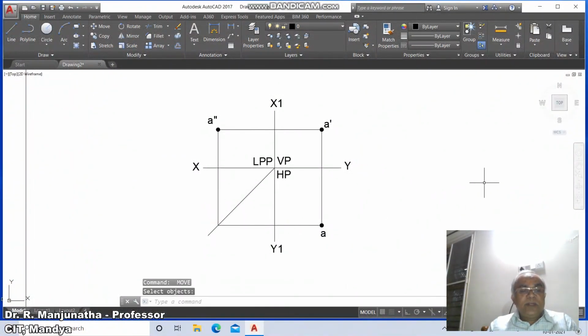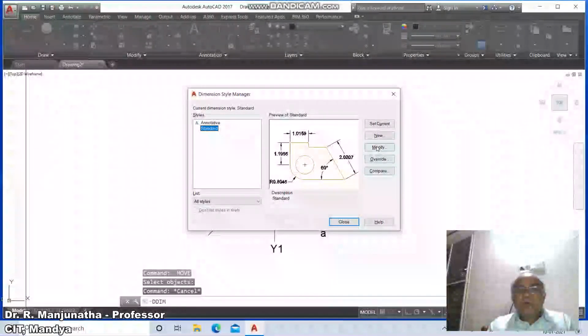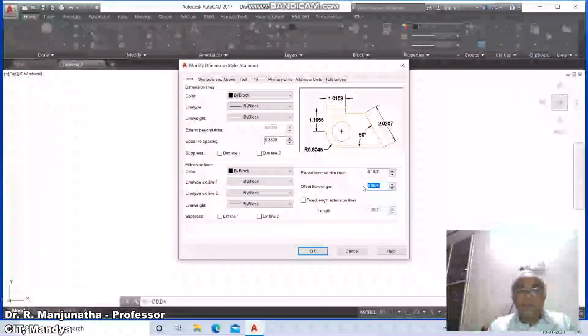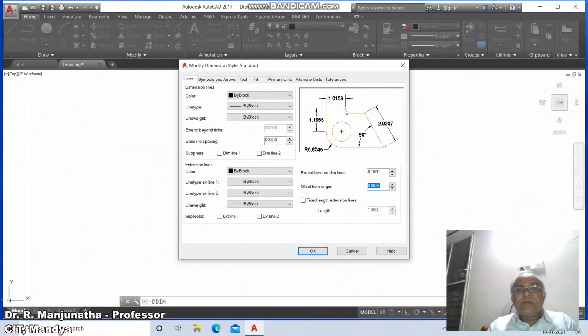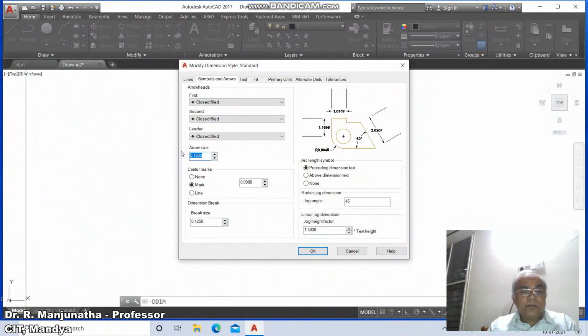Okay, now we need to go to the dimension style DDIM, then go to modify, click on lines. So here extend beyond, offset from the origin, you take it as 2. Then we go to symbols, take the arrow size as 4, because we have set the limits to 297, 210.